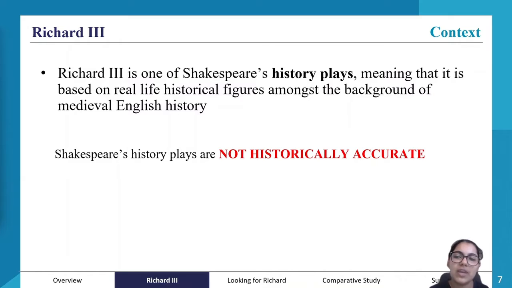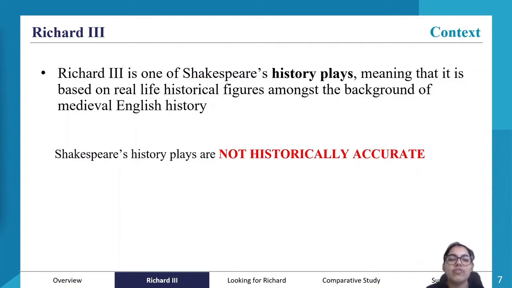So let's just begin firstly by looking at each text individually and looking at its features, what you kind of need to know. So we'll begin with context for Richard III. Richard III is one of Shakespeare's history plays. It's a historical play. Richard III was an actual figure back in England in the late 1500s, and so it's